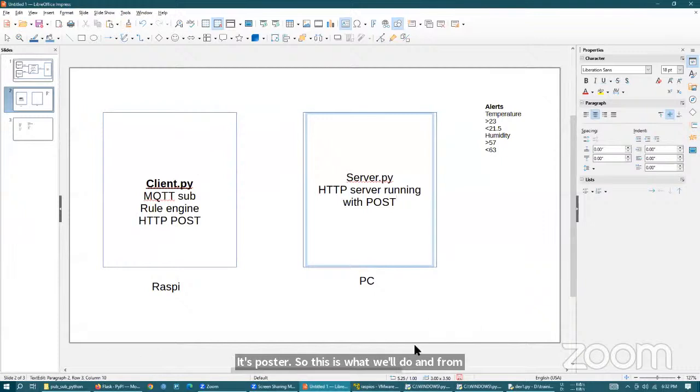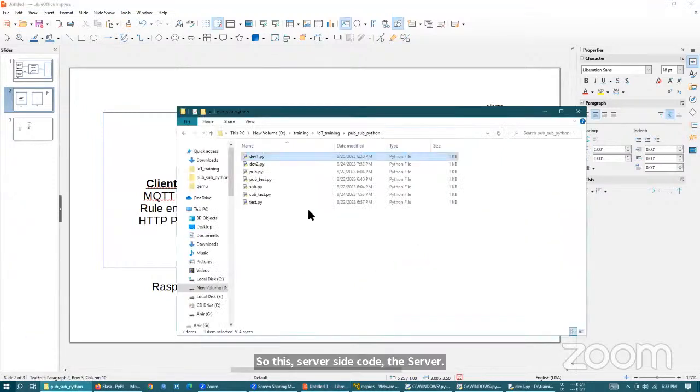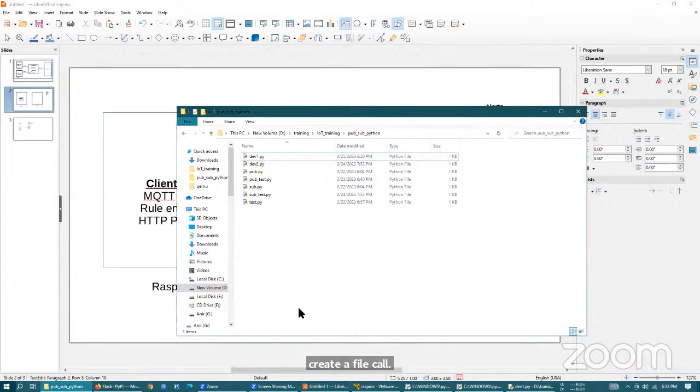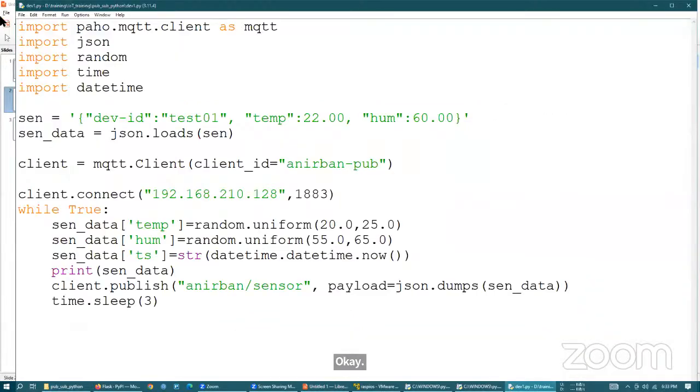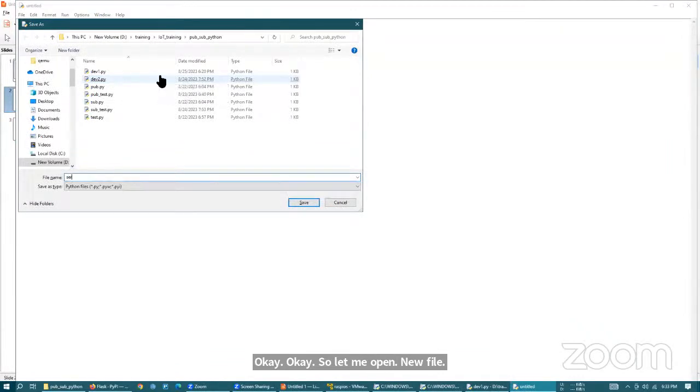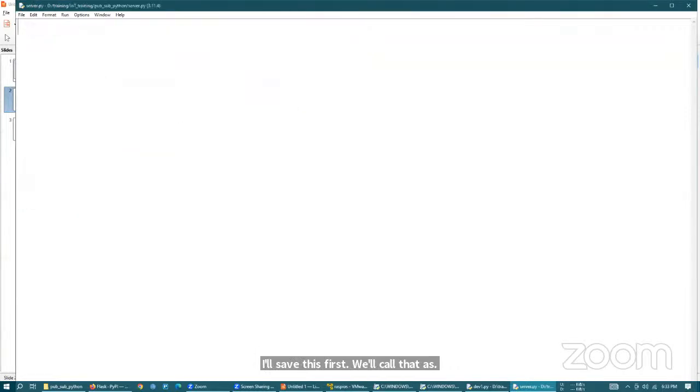So let's start with creating the server on the system. This server side code, the server.py, will be running in your system only. So we'll create a file, not a text document, I want to run a new file. So let me open IDLE, new file. We'll save this first. We'll call that server.py. Fine. Now inside server.py, what we will do is